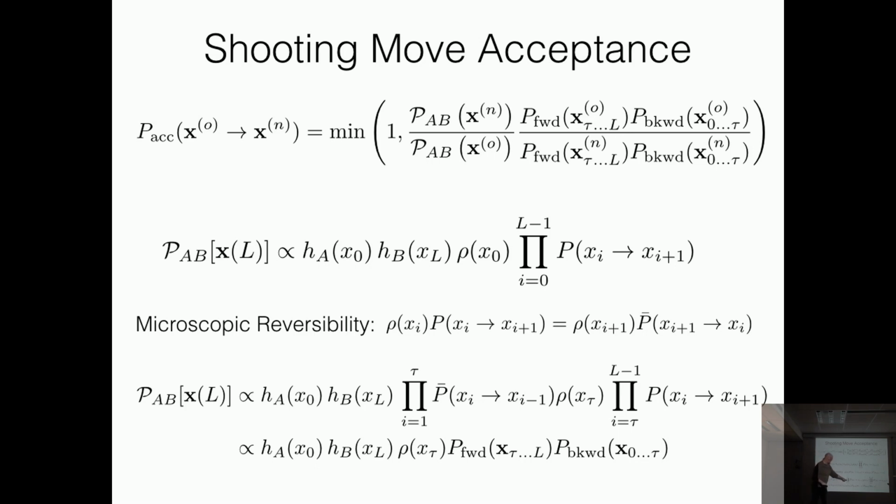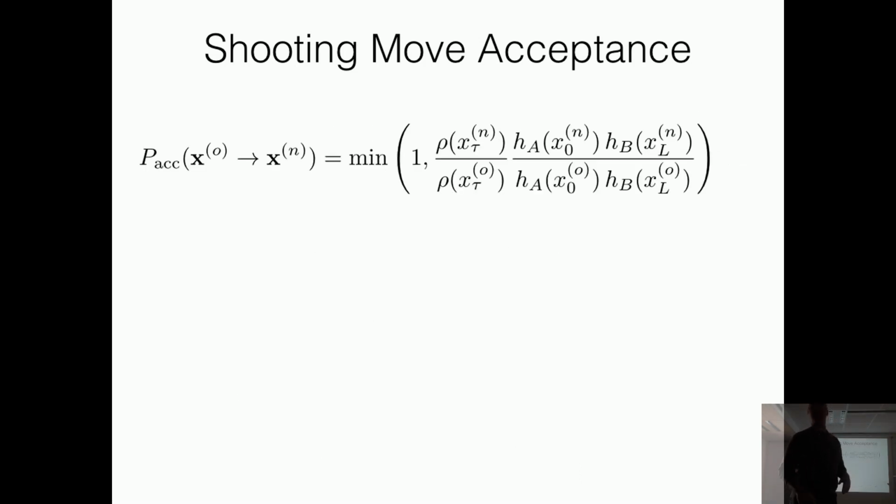And if I look at what I have here and here, those products are exactly this p forward and p backward. And so what happens is, for the probability from the new thing, you have a p forward of the new trajectory and a p backward of the new trajectory, which will cancel these out. And from the old, you cancel these out. So because of microscopic reversibility, that cancels. And we're left with this. We just have the ratio of the probabilities of the shooting points, and then the ratio of the